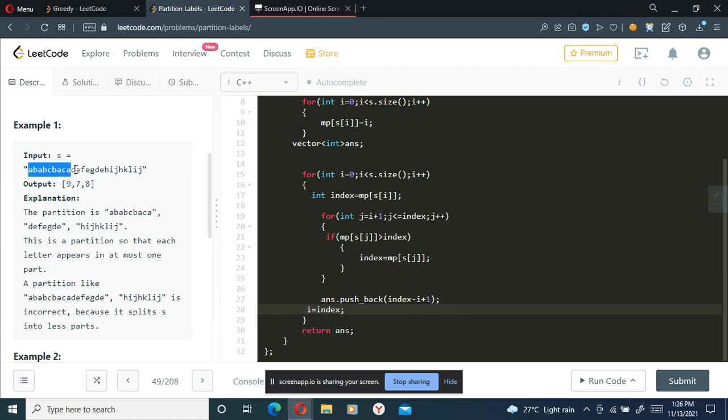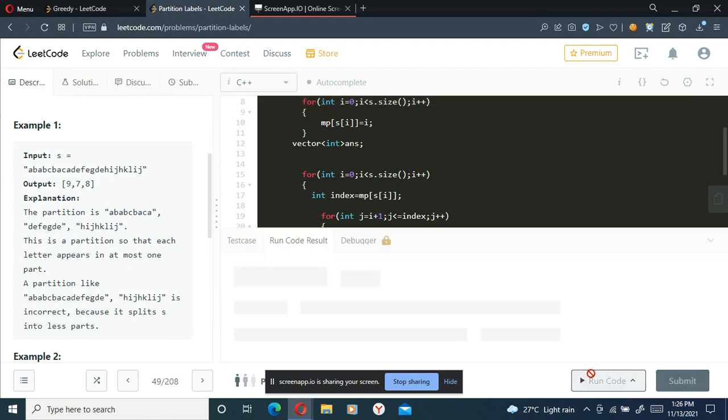So we start from this position, that is b. So i equals index would be an important step here. And make sure not to do i equals index plus 1, because after I set i equals index, I'm incrementing the value with i plus plus. So i equals index would do the job, and just return the answer, and that was it.